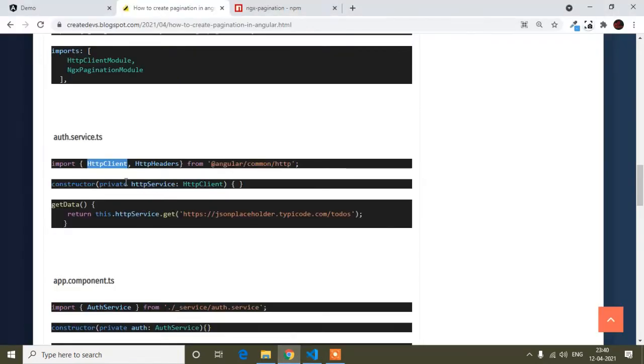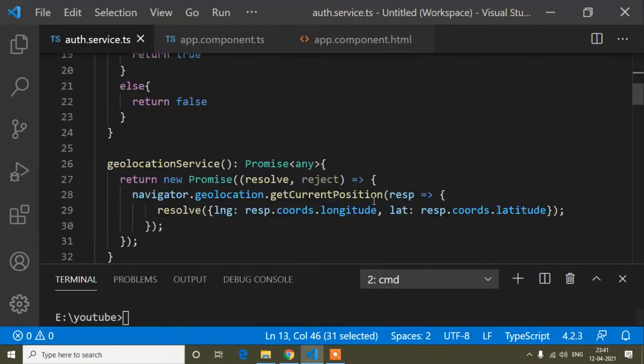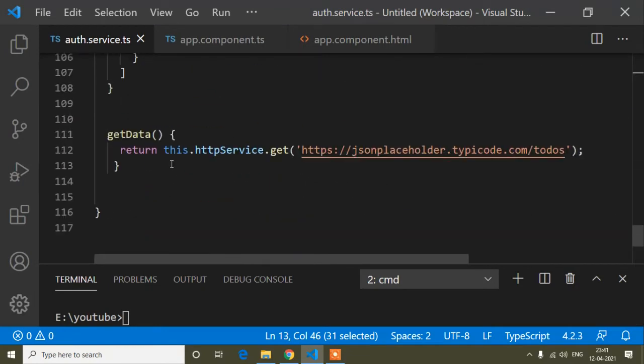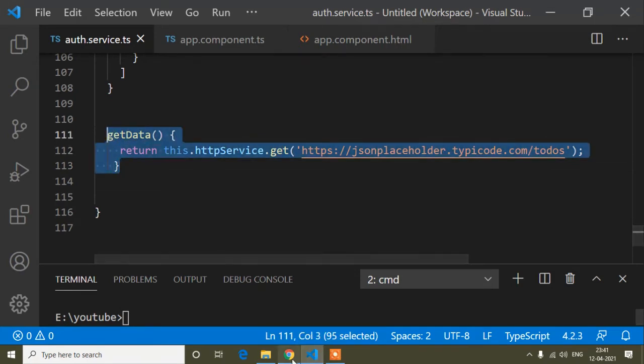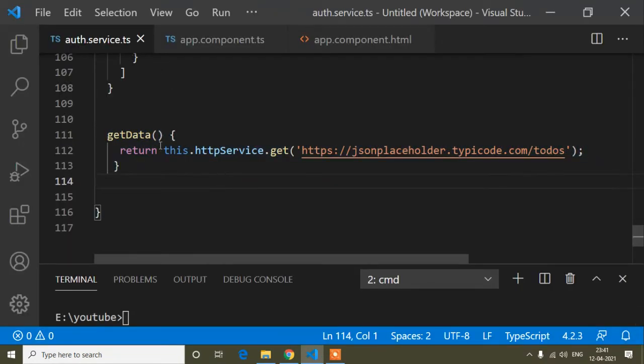So it's done, and in the auth service you have to pass an API, that is a demo API. You just copy this one and paste it here. I also pasted this one in my auth service, so you do the same thing. You can see I did everything in the auth service.